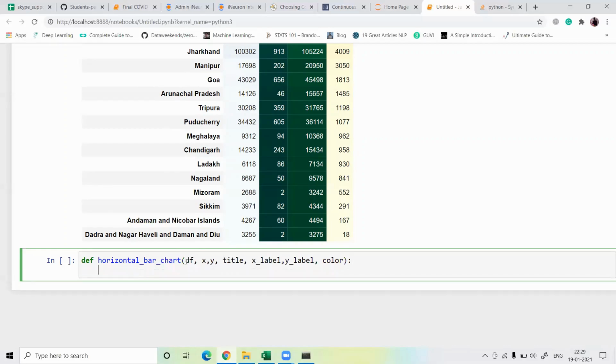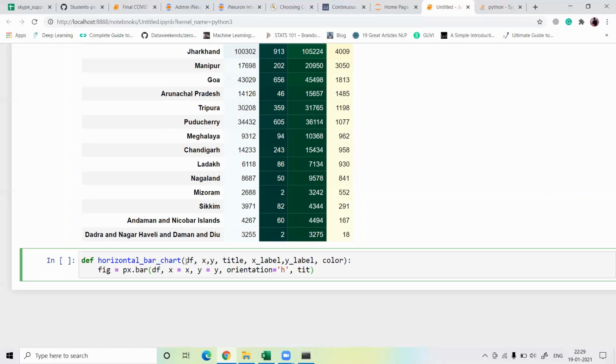After that, figure is equal to px.bar, define the function df, x is equal to x, y equal to y. Define the orientation equal to h, and title is equal to title.